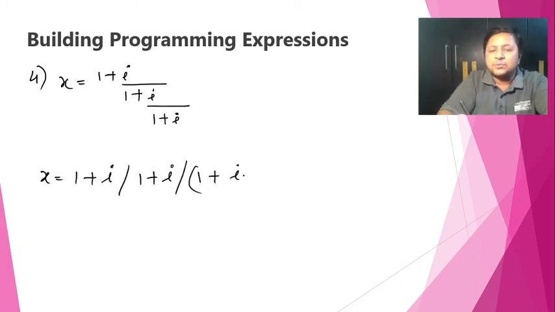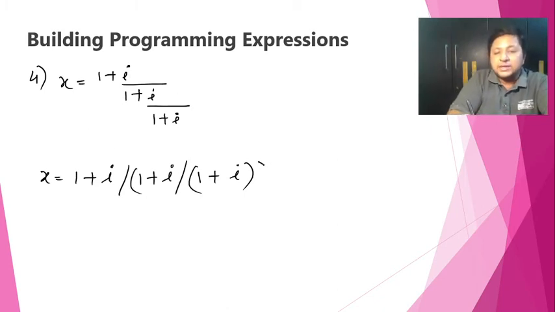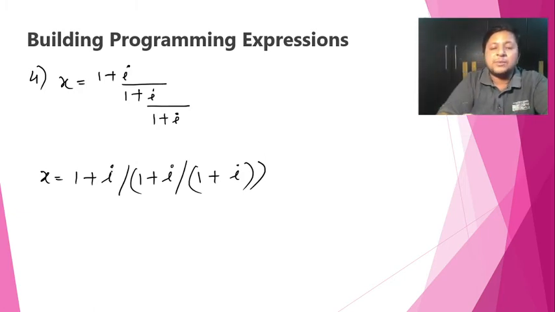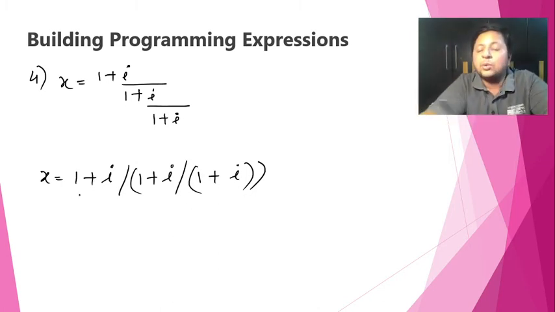So in that case we have to put brackets for this. It's like I divided by this complete. Now again here also it is not I divided by 1, but it is I divided by the complete. Similarly here also it is I divided by the complete. So these brackets are required to keep the meaning. Now what happens is it's going to be 1 plus I divided by, first you have to solve this bracket, and for that you have to solve this bracket. So it will first divide I by 1 plus I. Then the whole answer is added to 1, and then this I will be divided by this complete answer, and then that will be added with 1. Exactly what you want in a mathematical expression.